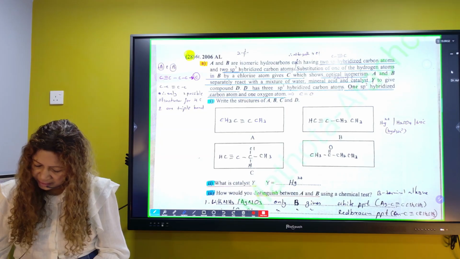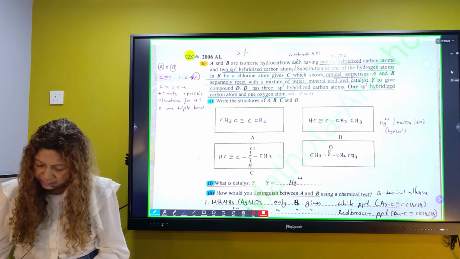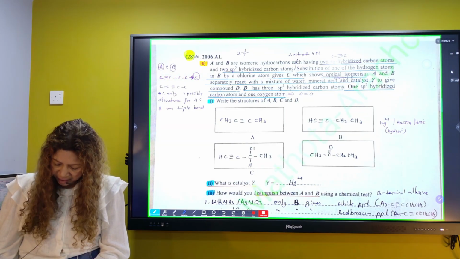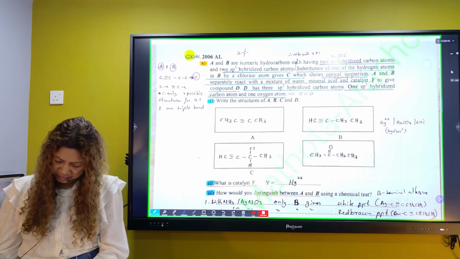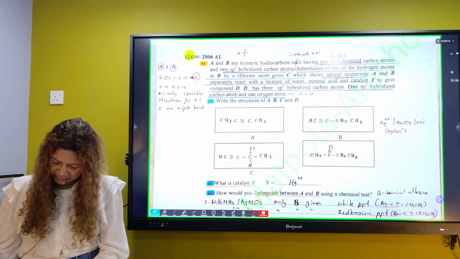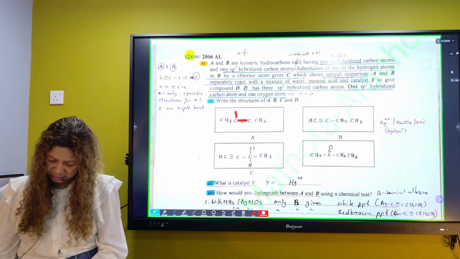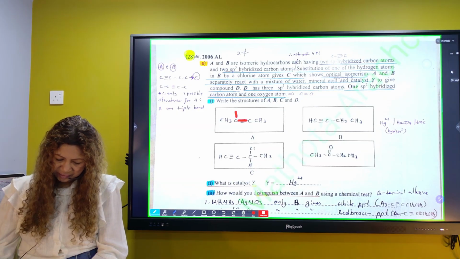Substitution of one of the hydrogen atoms in B by a chlorine atom gives C. C shows optical isomerism. To have optical isomerism, if this comes to the middle, make a methyl group, CH2. Now, optical isomerism,